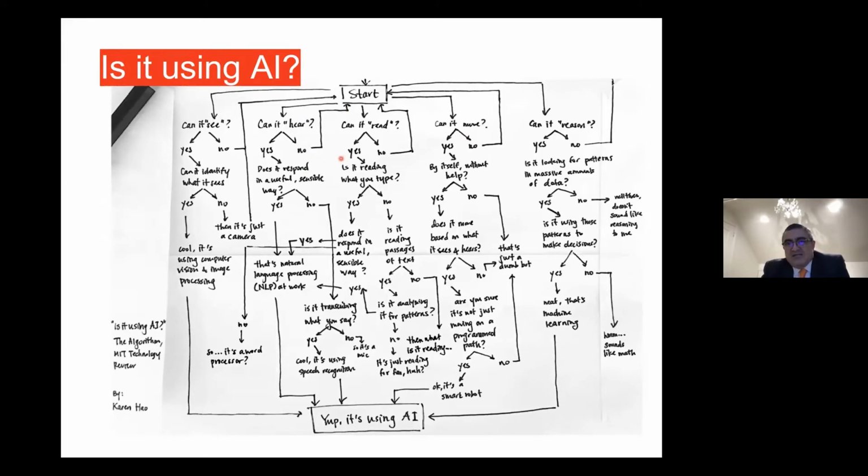And with these very simple five branches of this algorithm, one can actually start making sense of that. A very common one that we always see is the outermost, again, from the right, and it's, can it reason? Yes or no? If it can reason, can it look for patterns in massive amounts of data? Yes. If the pattern can make decisions, then it's machine learning. Okay, so I leave it as part of this presentation, and it's really simple. It's just a few steps.